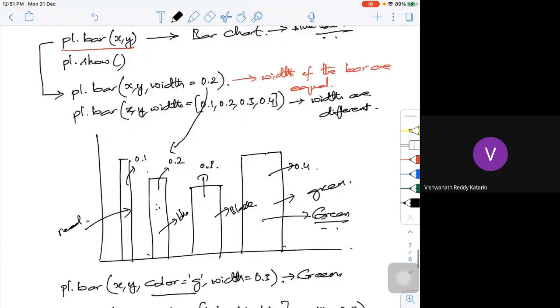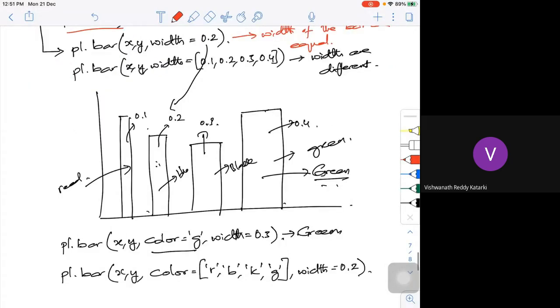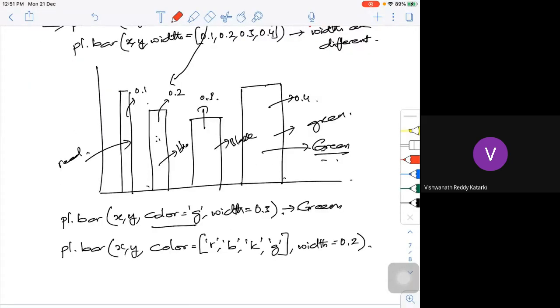Then, followed by this, proceed. At the end, plt.show should always be at the end. Otherwise, you won't be able to see the graph or the plot you are trying to make. If you want to make sure that your plot is visible, you have to do this. This is one way of getting your bar charts. A bar chart is nothing but a set of data, with line width or whatever it may be.